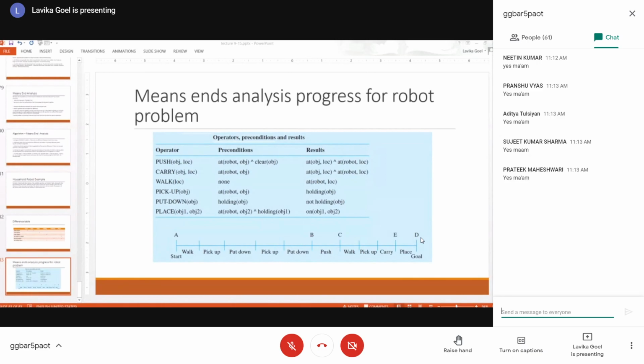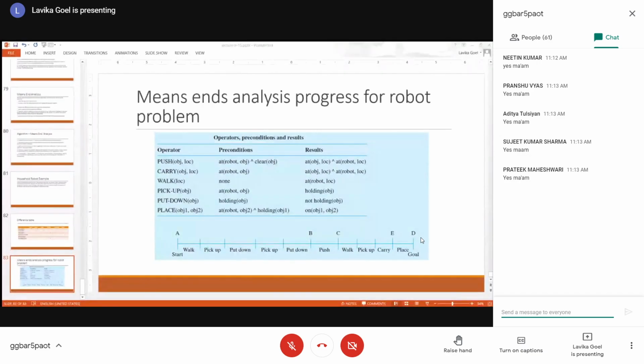So basically there are two things. It can be like this, that the robot is placing one book over another book, that is also called placing. Or otherwise, if the robot is placing one book on the table, that is also called placing, right? So basically object 2 can be the table or some other thing also. If it is the table, then the book is placed on the table. If object 2 is also a book, then the book is placed on another book, right?